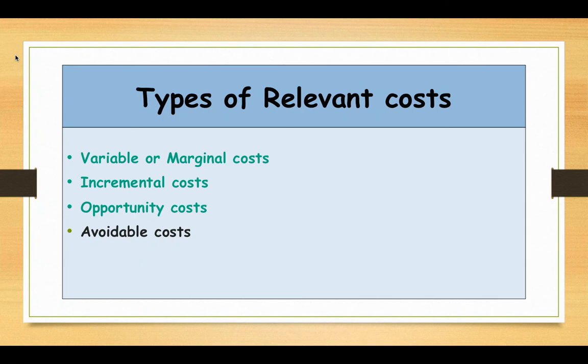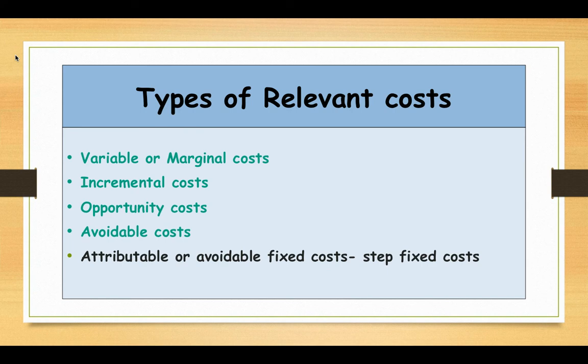Now the next one is avoidable cost. If a company can avoid a cost by undertaking that decision, that avoidable cost will become a relevant cost. Now, fixed costs are usually irrelevant, not relevant. But if you have an attributable or avoidable fixed cost, or we can say step fixed cost, they will become relevant